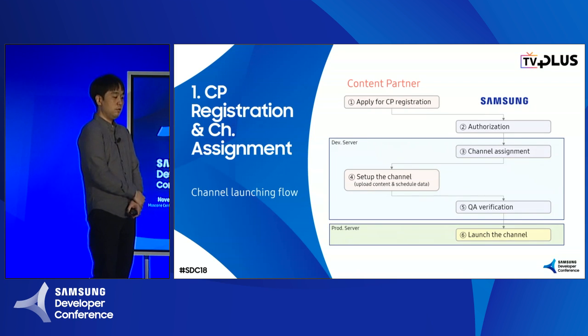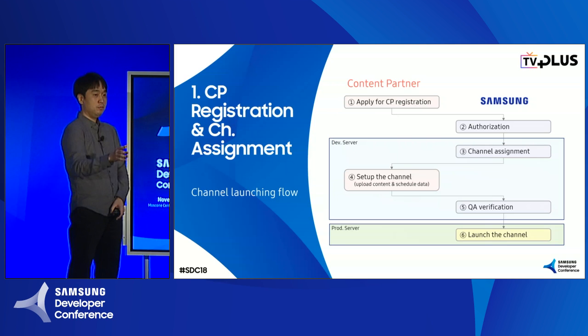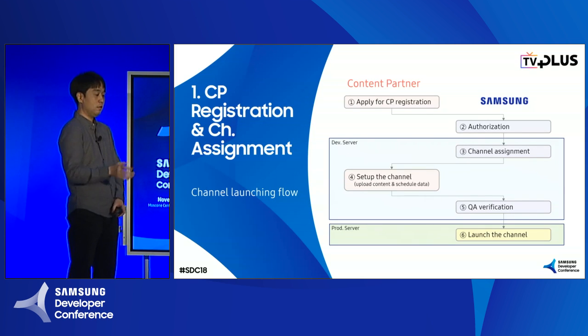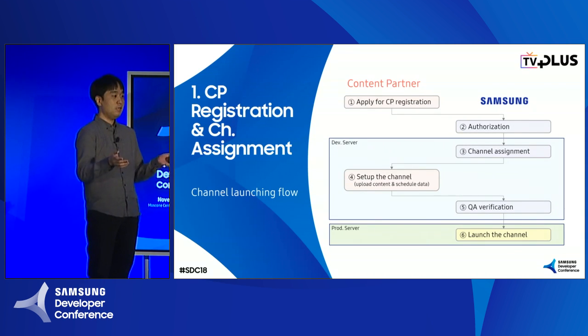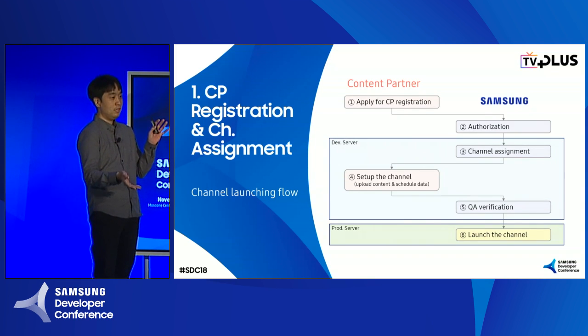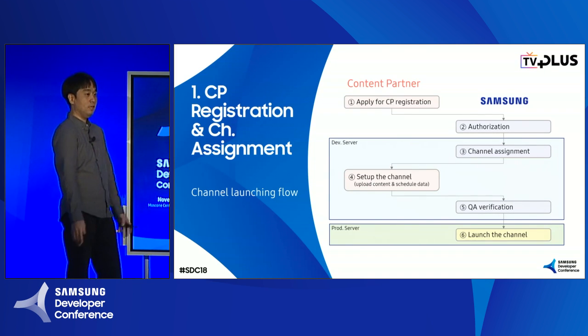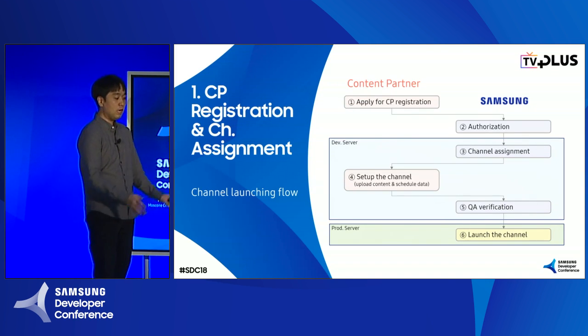partner. So at first, you can apply to be a content partner of our TVplus service, and the application will contain things such as who you are, what kind of content you have, how many channels you want, and in which country you want to make your channel. Then we will review your plan, and if it looks fine, we will create your virtual channel on our development